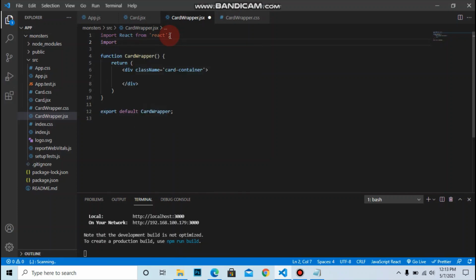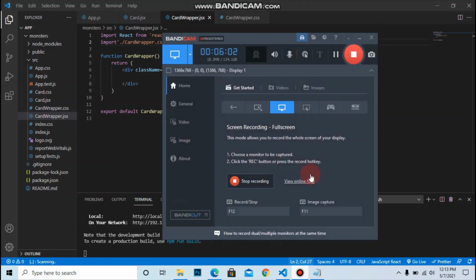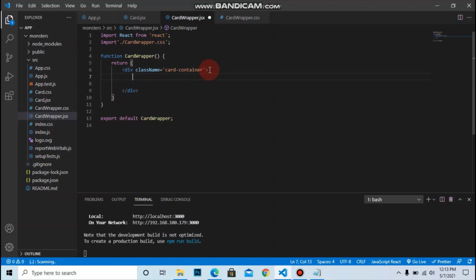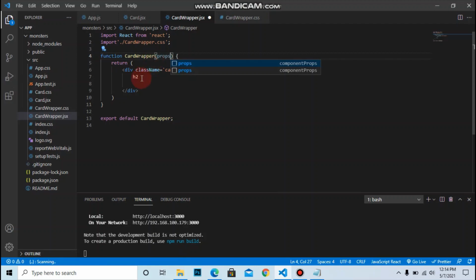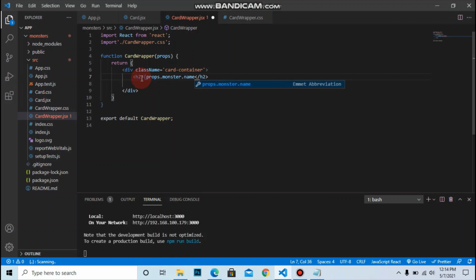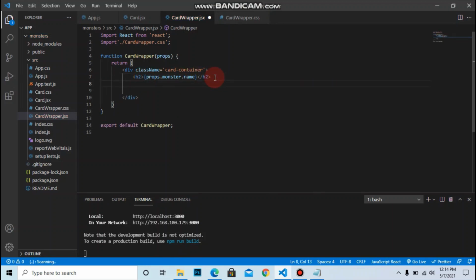Import ./ .css, and let's quickly add the h2. And first of all, we use the props parameter props. In the h2 tag, we use their name, that is props.monster.name, and paste the images. In the image tag, alt equals to monster,